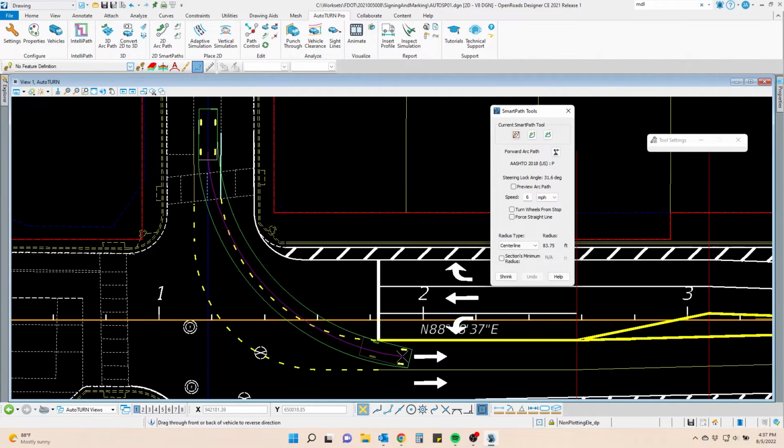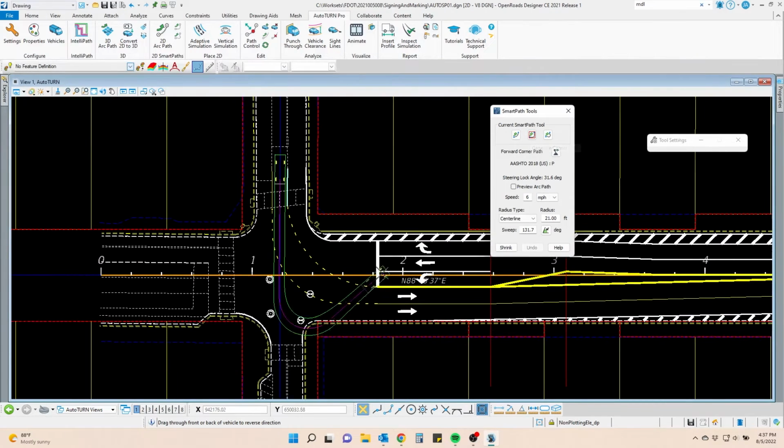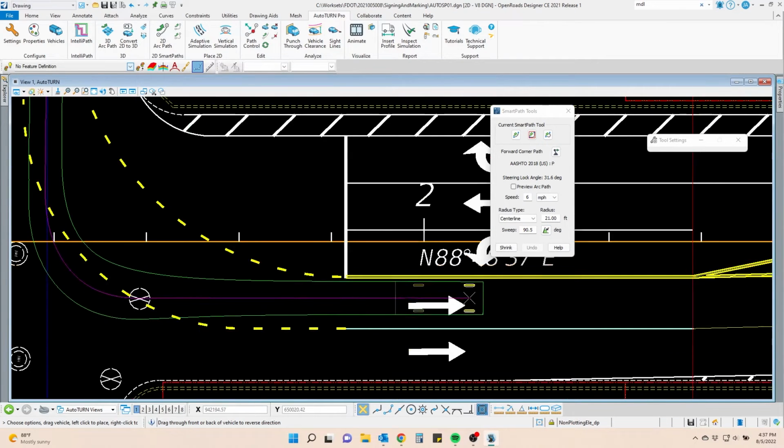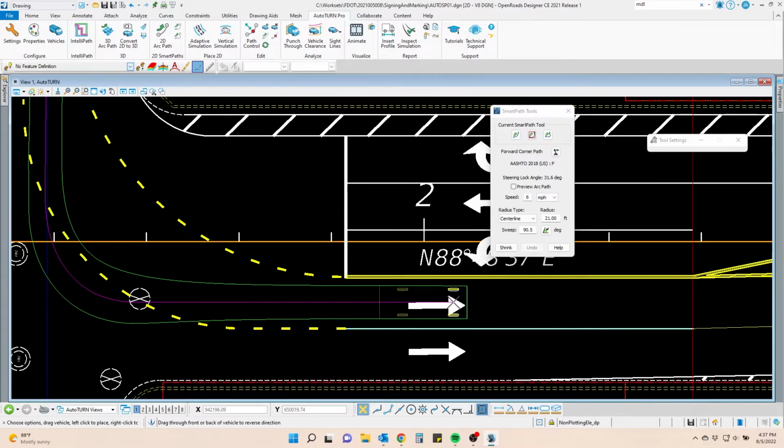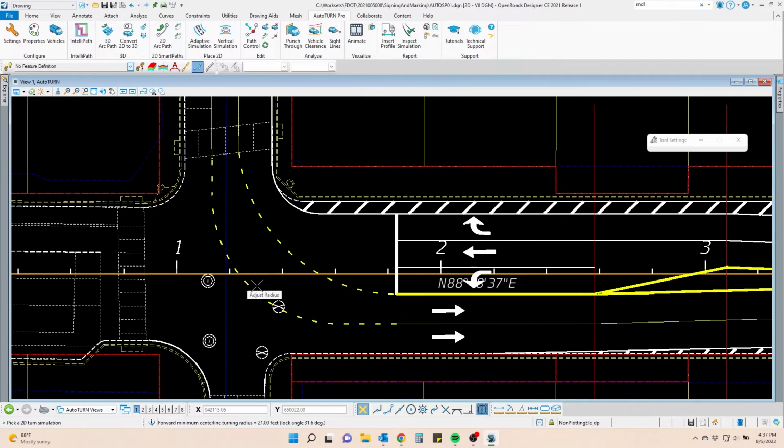You can mess with the settings. You can tell it the radius, the speed that you want, if you're going to make a left turn. I want to tell it where it's going to end. So we click the same arrow at the bottom, which is sweep angle, and we tell it I want to end right here. Now notice that the car envelope looks a little funky, but we can move it around to